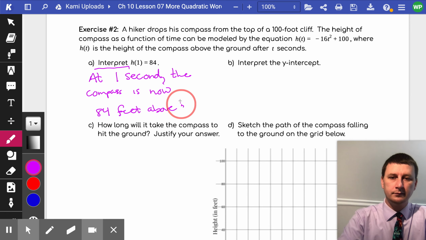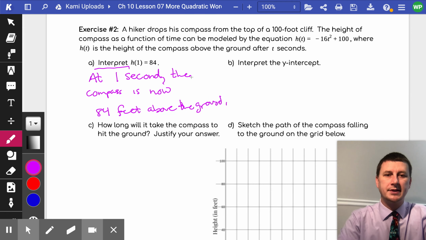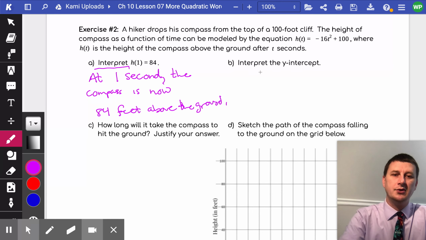above the ground. Okay. Now it says interpret the Y-intercept. So your Y-intercept of this problem is, you could tell because this is in standard form right here, and we've talked about how once it's in standard form, the number that's by itself, the constant, is your Y-intercept. Or you can know that by just substituting 0 in for t. And when you substitute 0 in for t, this cancels out pretty much, and you're just left with 100. So your y-intercept is 100. And to interpret that 100 feet,